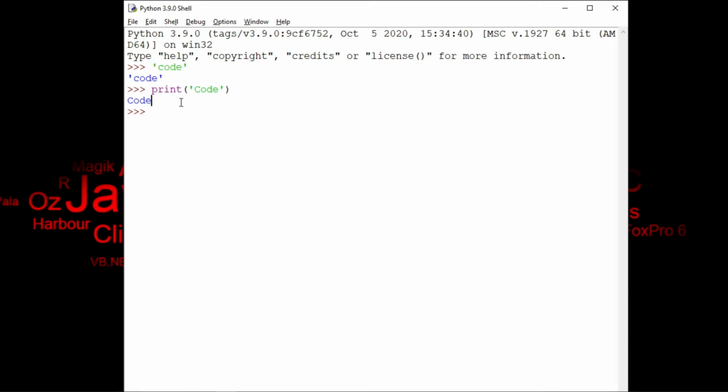But here this print is Python's inbuilt function. Python has a lot of inbuilt functions that we will be discovering in this tutorial series, but yes, we can create our own functions too. Okay, so like this we can write. So let's see, if I want to print my string literal like this, let's code. Okay, so here you can see I'm getting a syntax error. What can be the reason?